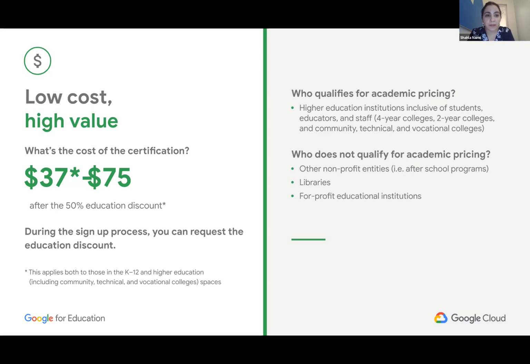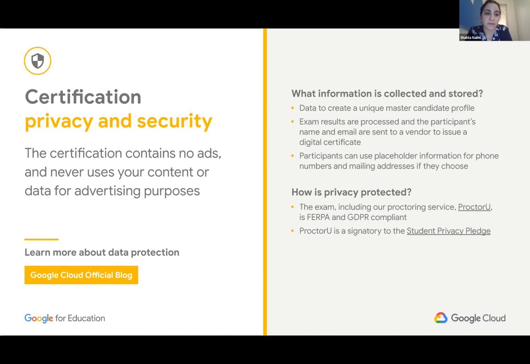With that in mind, I wanted to share a bit more information about the certification privacy and security. The certification does not contain any ads, and it never uses your content or data for any advertisement purposes. If you want a lot more detail about the way that the certification handles privacy and security, there's a link there, and you can get some more information about data protection overall.